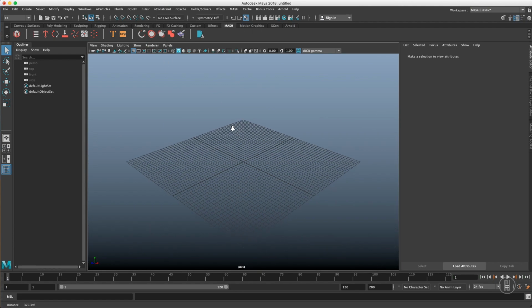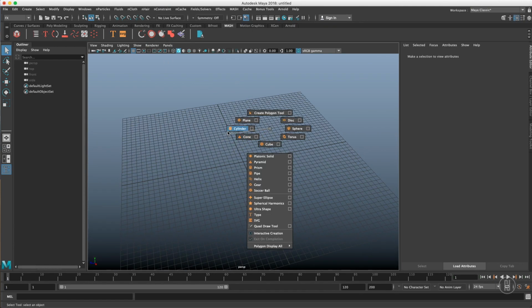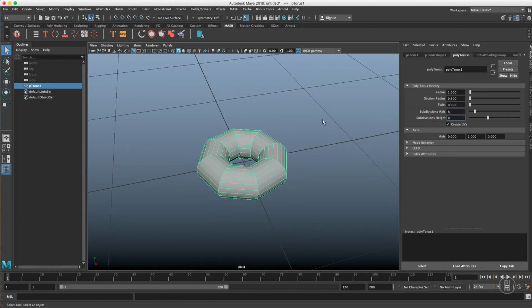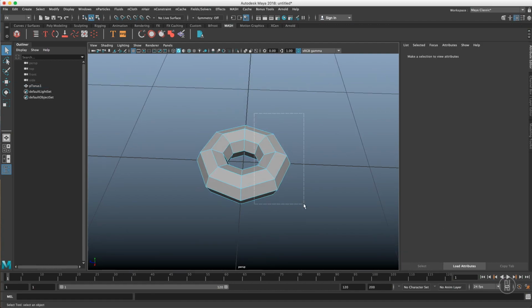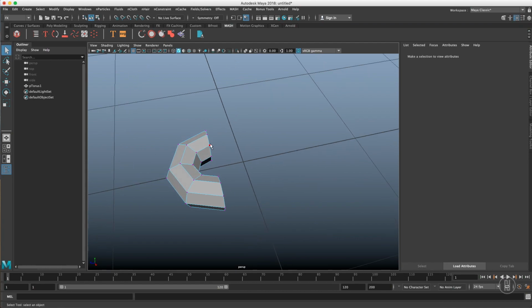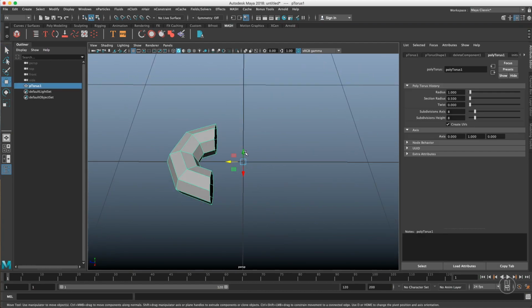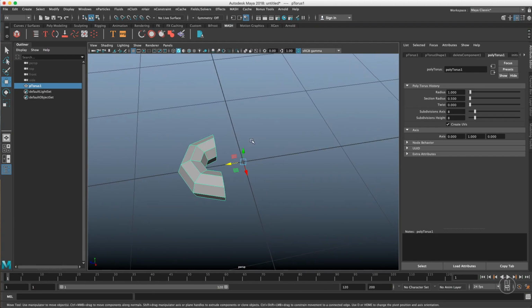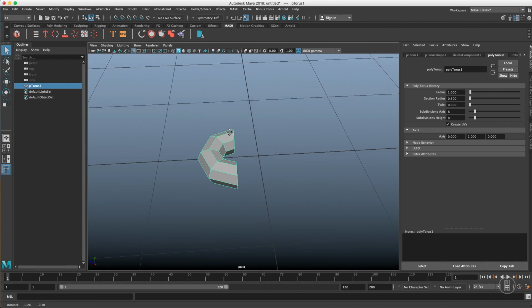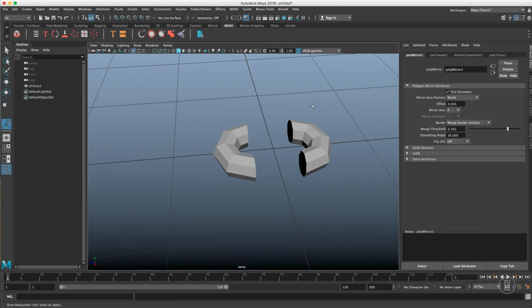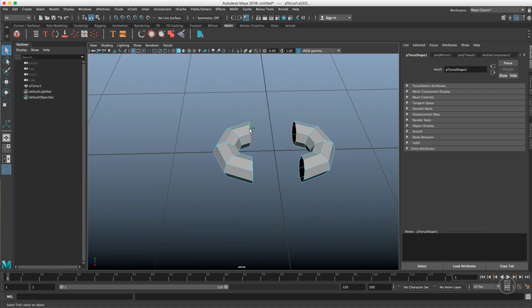Now let's start with a very simple chain link which will be based on a torus. Let's make it 8 by 8 subdivision so it will be pretty light at the end. Just notice that I'm moving the components instead of an object. In that case, the pivot will stay in the origin, which will be crucial at the end, but we'll get to it soon. So let's just mirror that, z-axis, connect these, connect